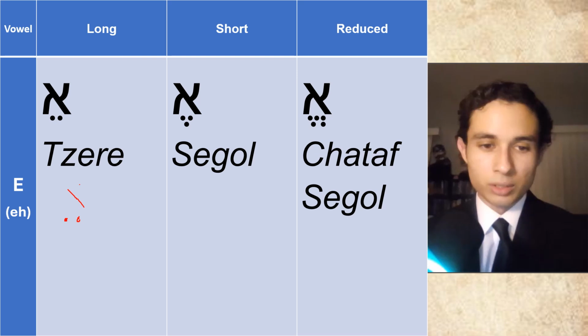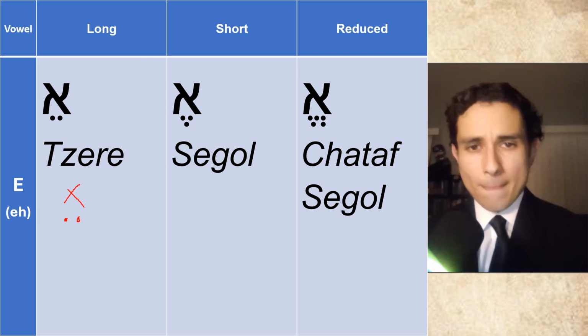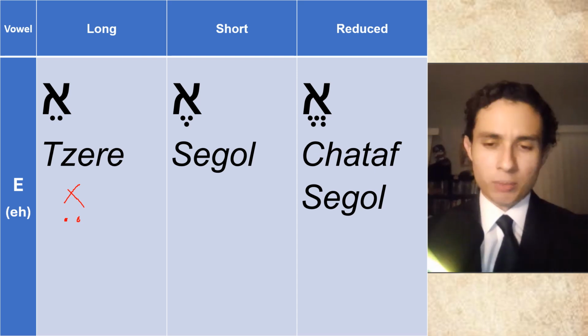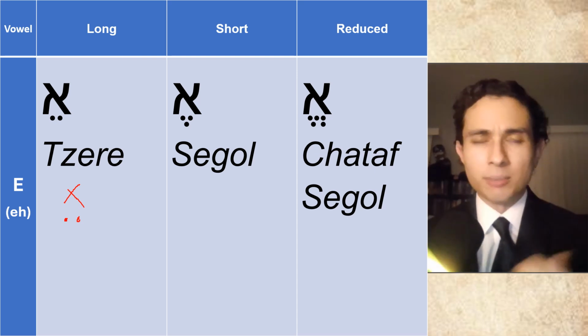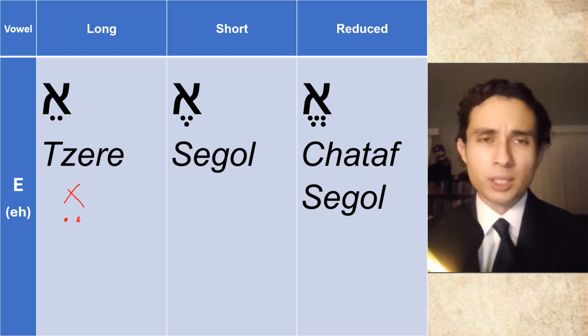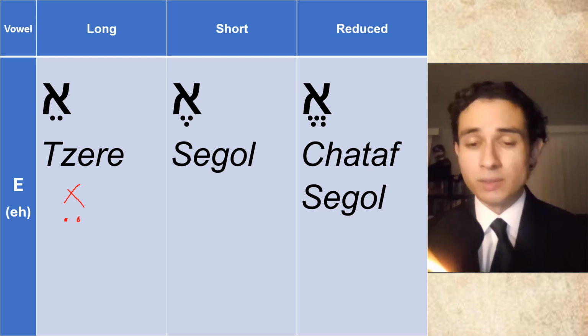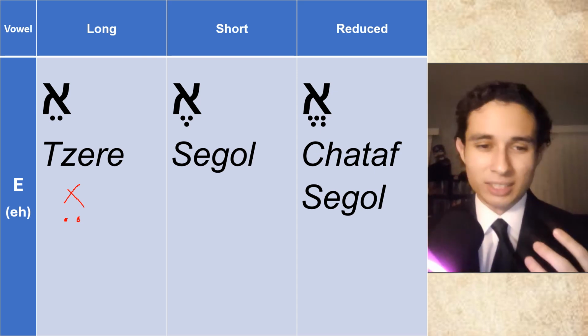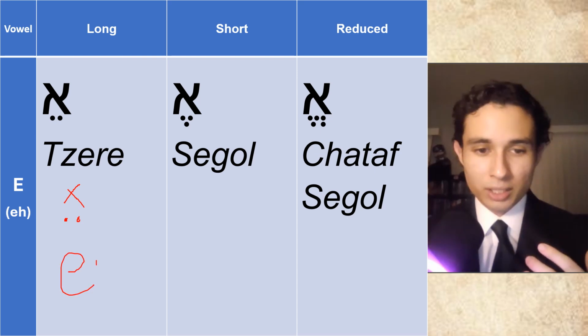So we're going to use just an X. Let's just use an X. It's going to be 2 dots under a letter. Now, as we've said, right now we're treating it as just an S sound, but I do want to make the clarification that a more Ashkenazi pronunciation of the tsere is an A. So it sounds like, imagine you're saying E-I.